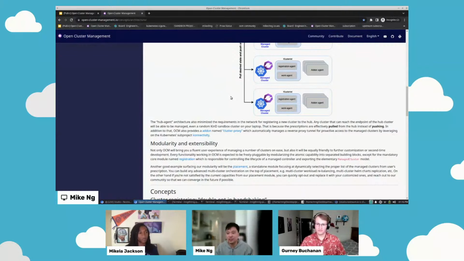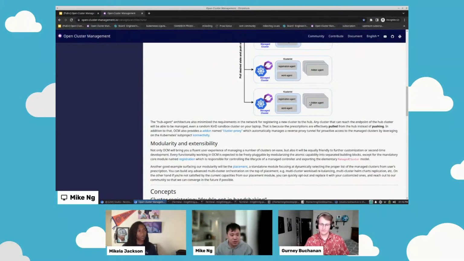But that being said, there are obviously cases where you want to do push, and we actually have add-ons that enable the push model as well. So it really depends on your use case. You can have a default decentralized pull model. You can have a centralized push model.